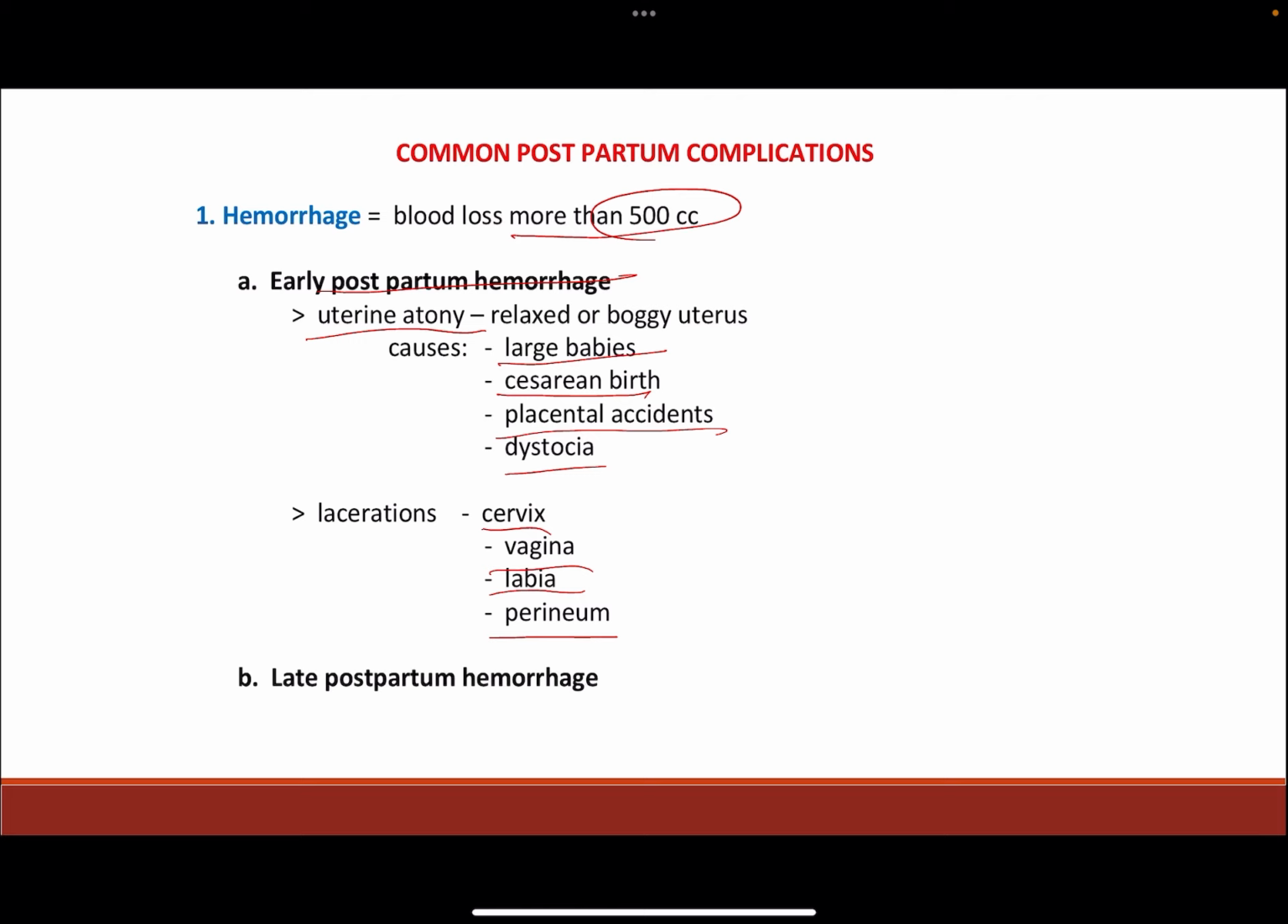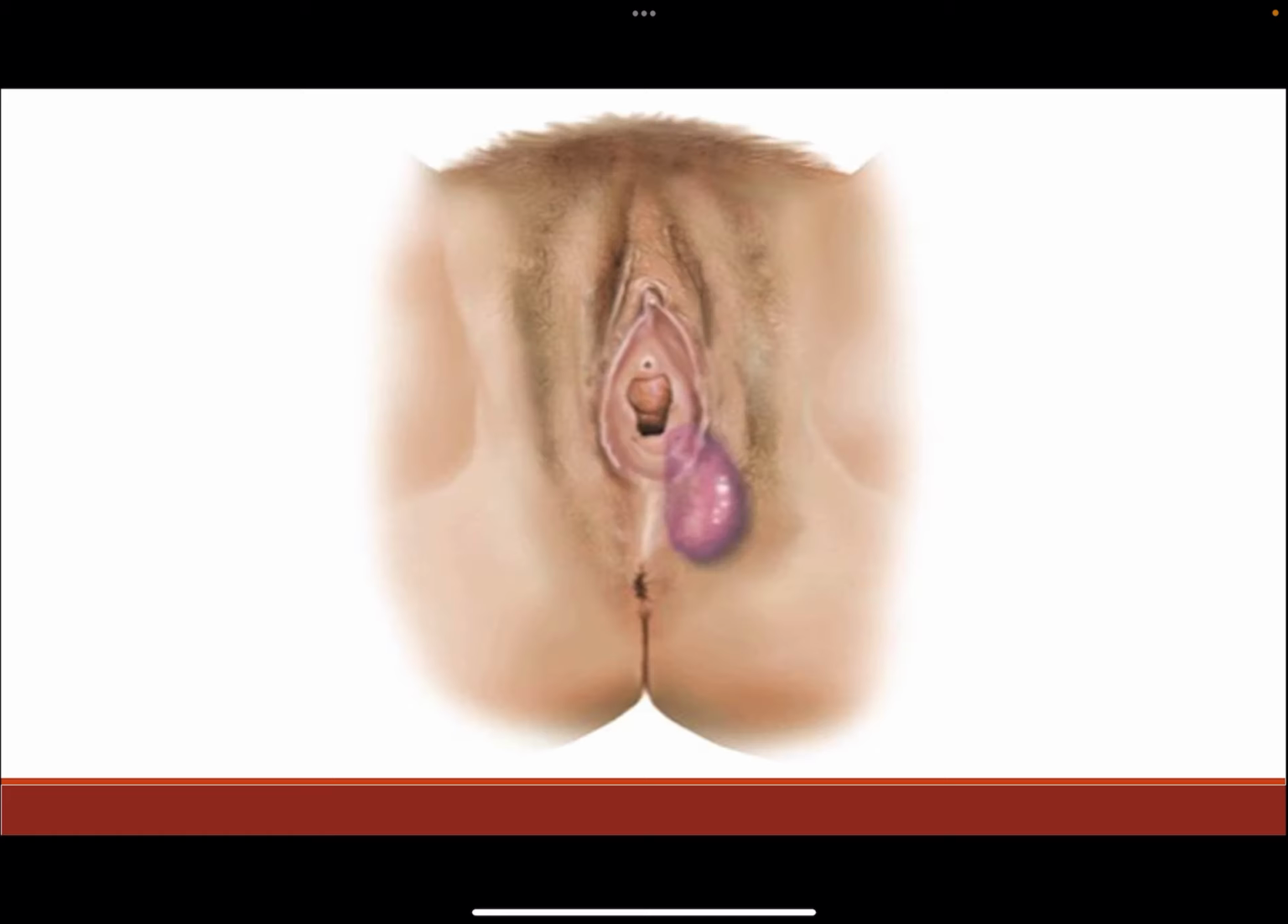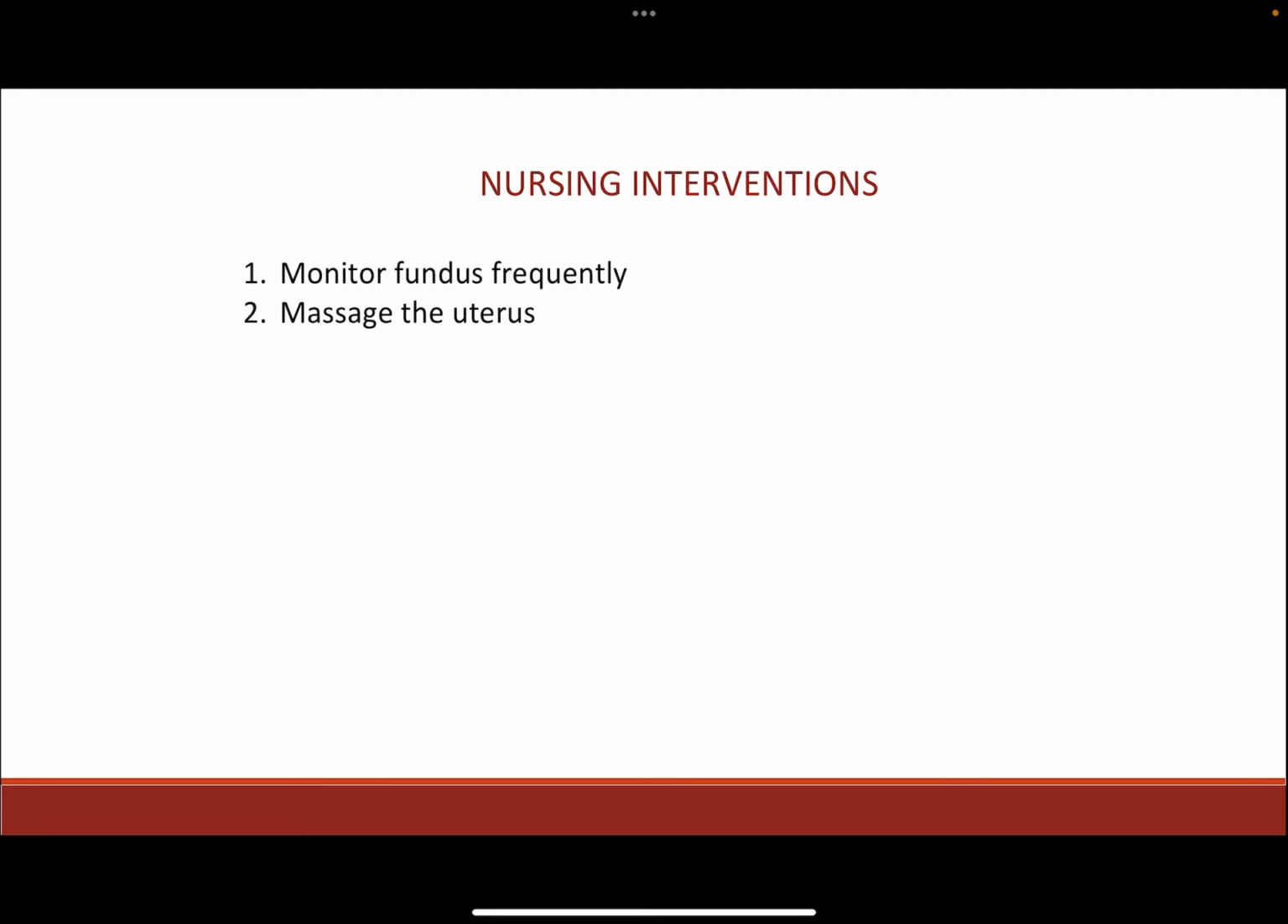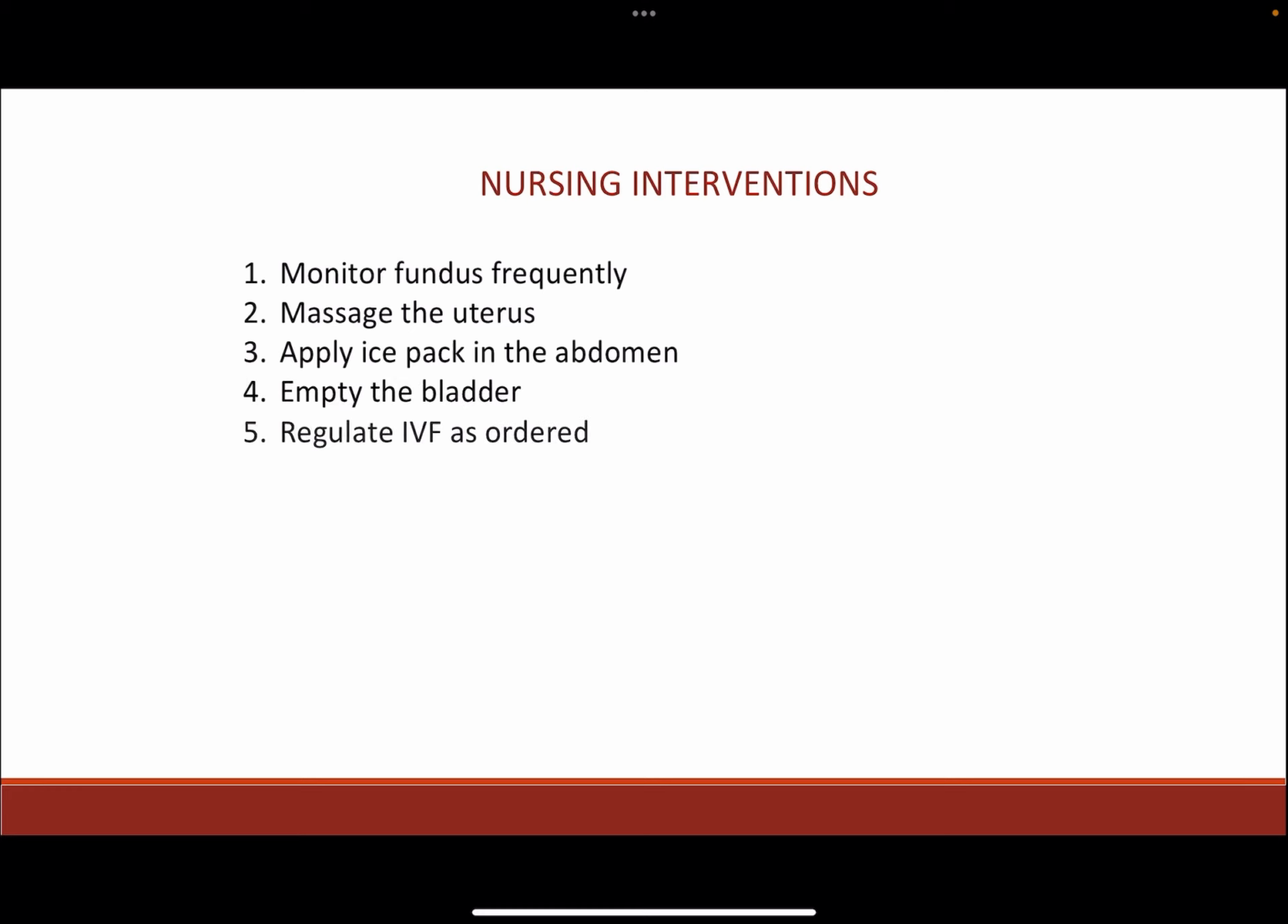We also have late postpartum hemorrhage, which is due to retained placental fragments. Sometimes the doctor does not always check the placental fragments, and they can lead to bleeding, are harmful to the body, and can cause hemorrhage. This is the hematoma. So for nursing interventions, we monitor the fundus frequently, massage the uterus, apply an ice pack on the abdomen,